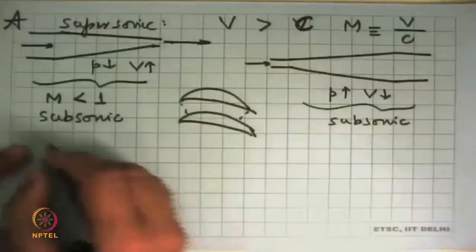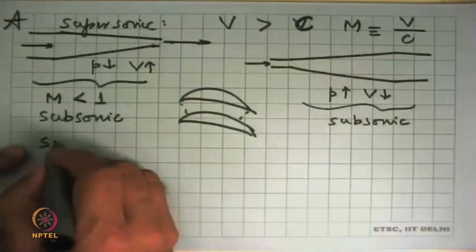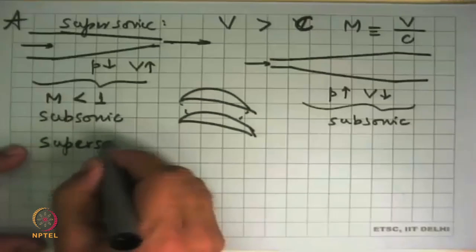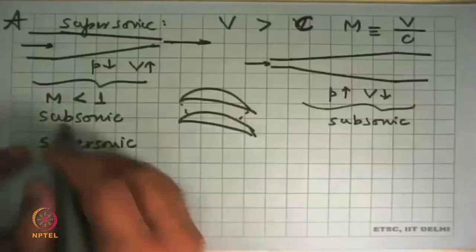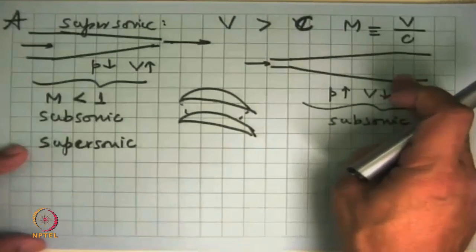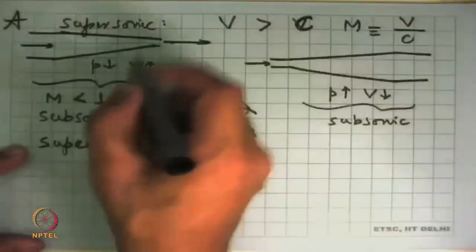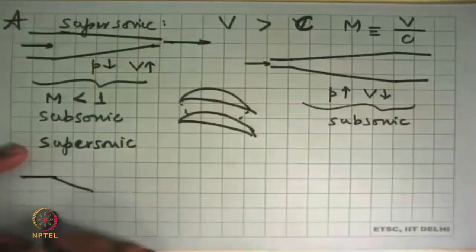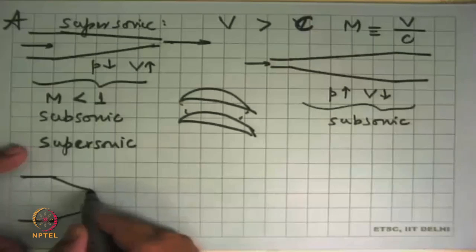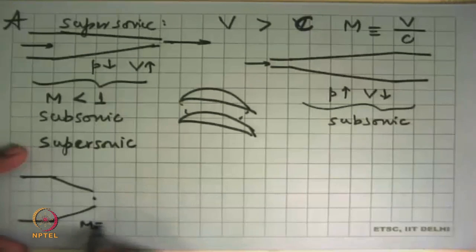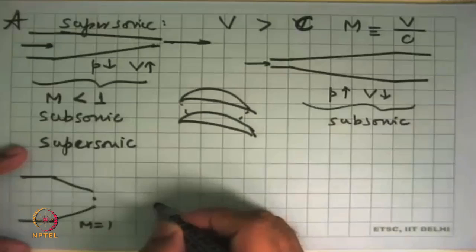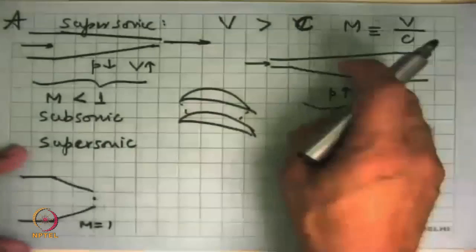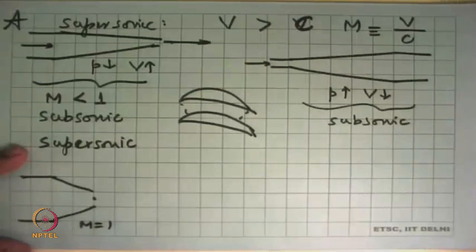The opposite happens if the flow is supersonic. So this begins to behave like a diffuser and this starts behaving like a nozzle. So what happens is that if you have a converging nozzle passage, say it is like this, and at this point we have Mach number equal to 1, then if you further decrease the area, it will not behave like a nozzle, but it will behave like a diffuser, and so pressure will start increasing.